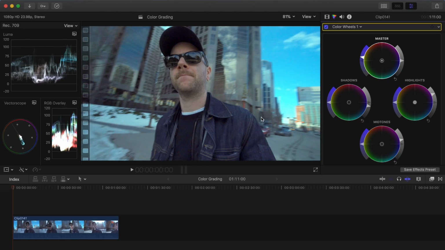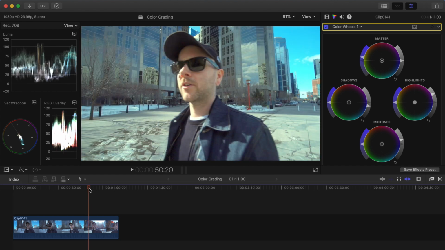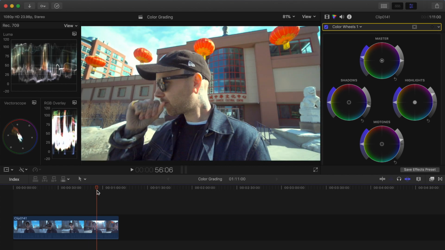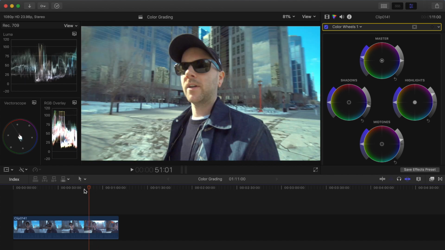So this is what you can do with the color wheels too. This is a pretty good example just because there is blue, but I do have skin tone, I have some orange in the buildings, and later in the clip, it does get to more of a warmer tone. So what we're gonna do